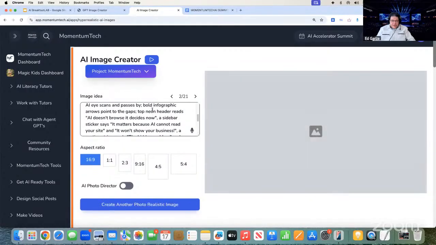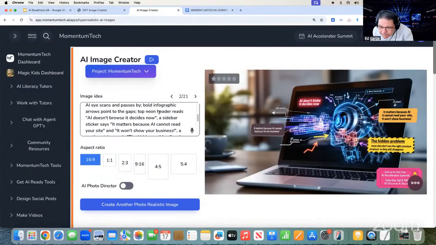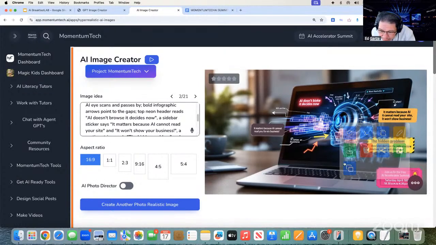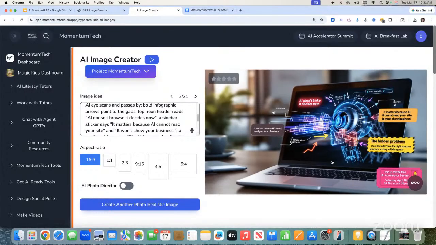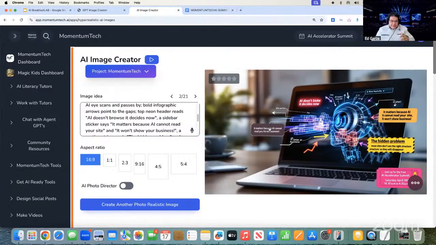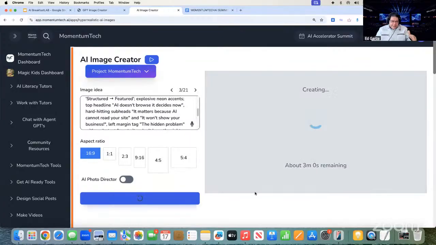Let's see. This is usually pretty fast. Okay, interesting. Kind of like that. That looks cool. That's appealing. We just got to maybe change some of the copy on there. See how our graphic designers would take images like this and change it, James? Yeah, put our logo up here. See how it saves them time? Saves them a ton of time. Here's the third one.